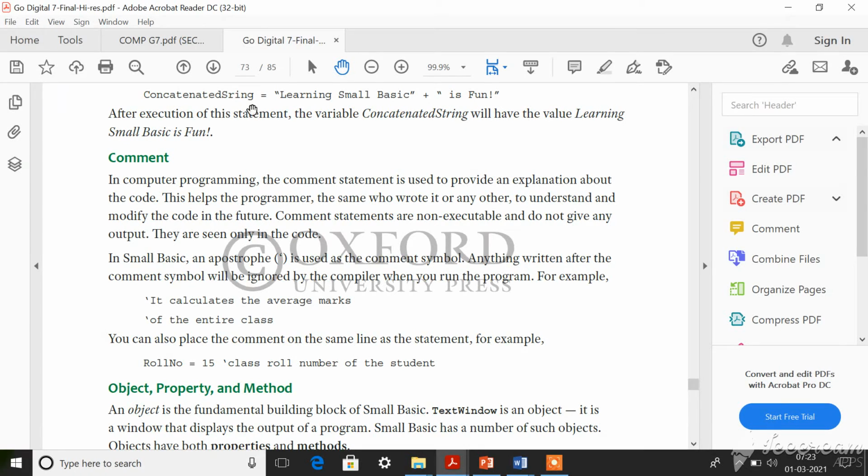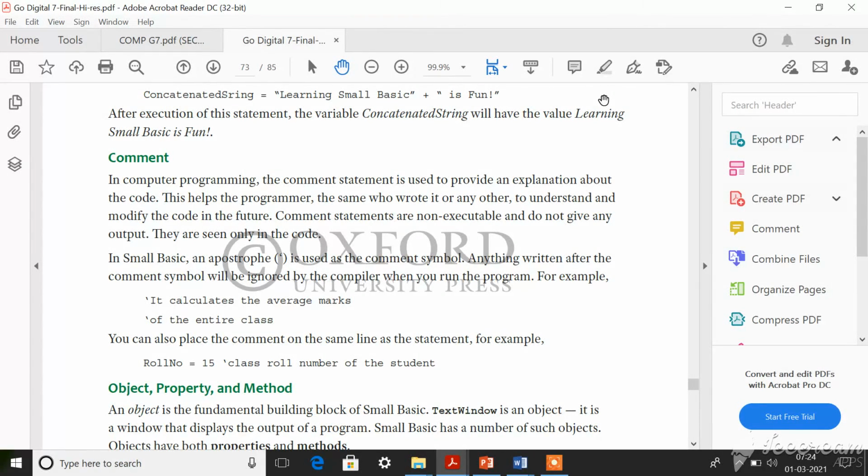Even here, for the concatenated string, you can start with one apostrophe and type here, this is a combination of two strings. In the output screen, you cannot see whatever you have typed after this apostrophe.